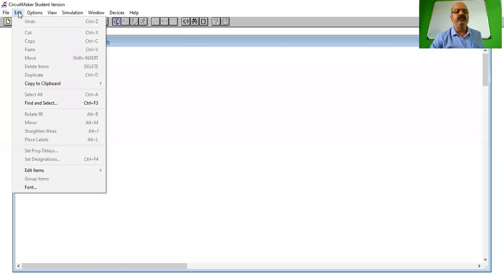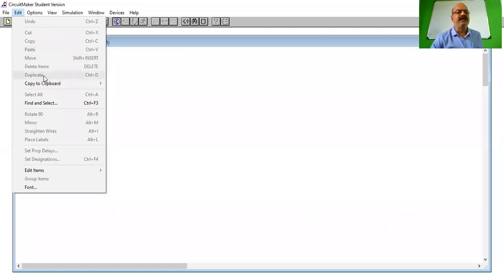In the edit menu, you can cut the component, whatever component we have selected, that you can delete, or you can copy that component. If you want to repeat the same component, you can copy it. You can paste the component. You can move the component from one place to another place.